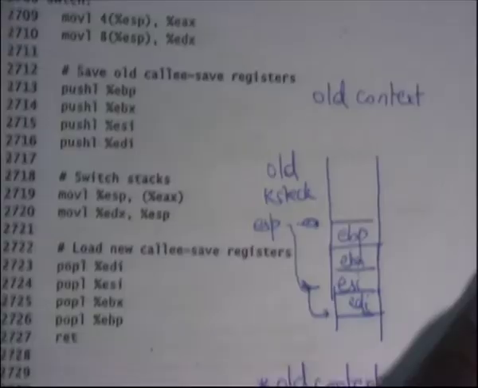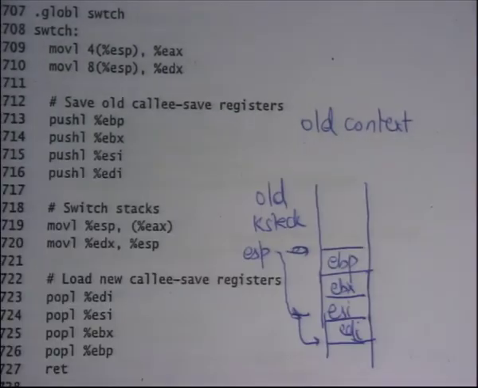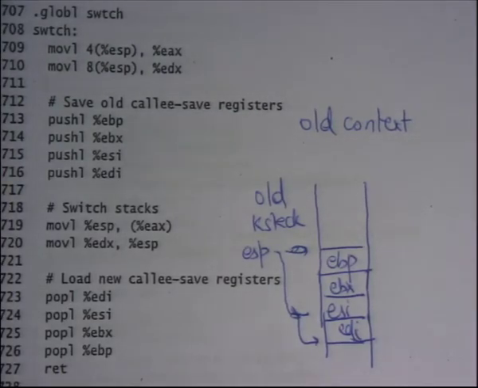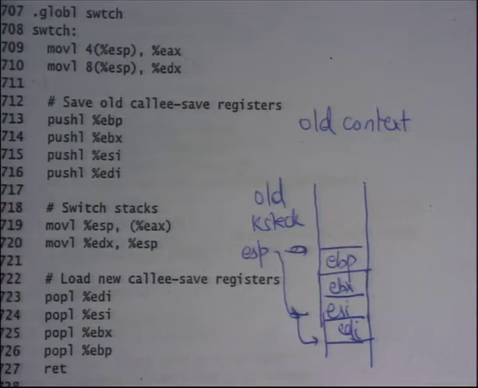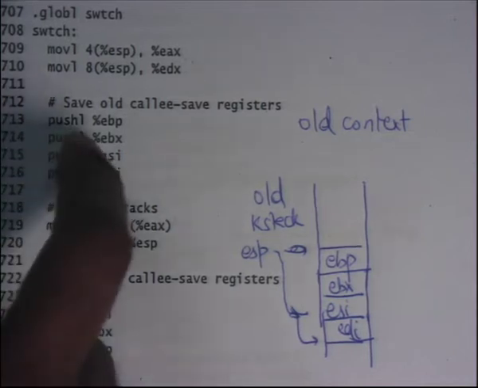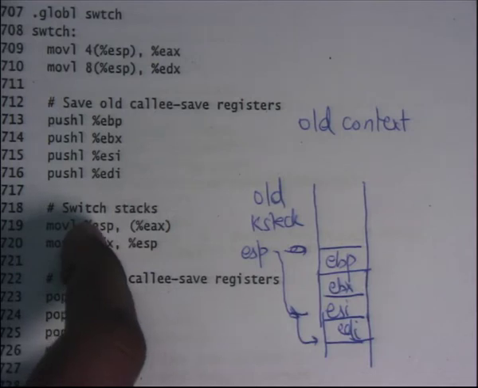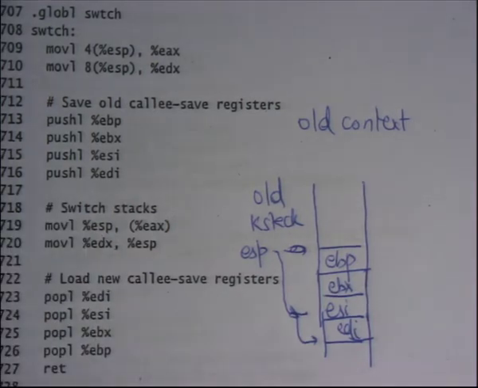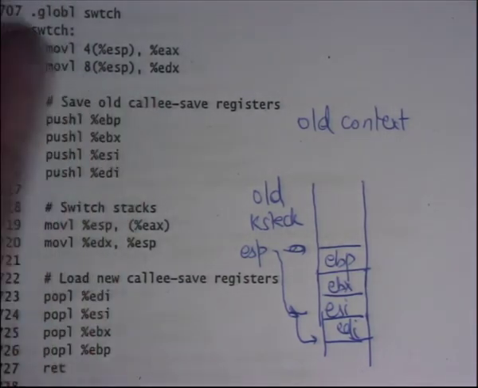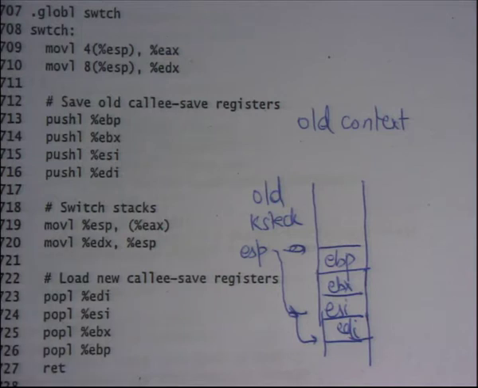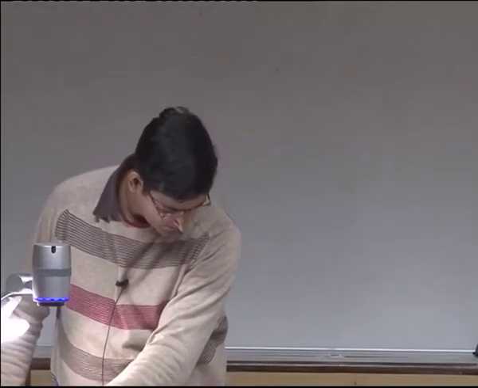Yeah, it's a caller saved register, right? I'm assuming that switch is a function call, and I'm assuming that the function calling conventions are being obeyed. So all those registers must have been saved by the caller. So I only need to save the callee saved registers. I mean, I could have saved all registers, but that would have been just extra work unnecessarily, right? Because the caller must have saved them for me anyways. So I just need to save the callee saved registers. Okay, very good.